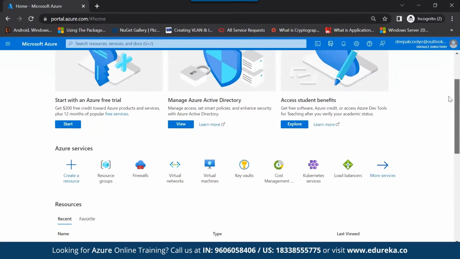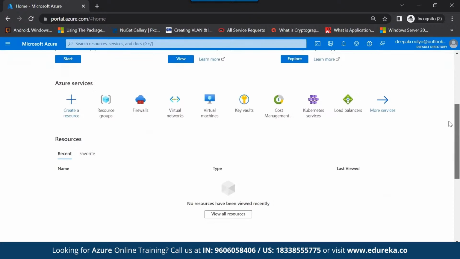Now, here in this case, this is the Azure account. In Azure, if you want to create any kind of resources, the very first thing required is that you have to have a resource group. Think of it like a container, a bucket where you can put everything. In the bucket, you can dump the entire stuff.